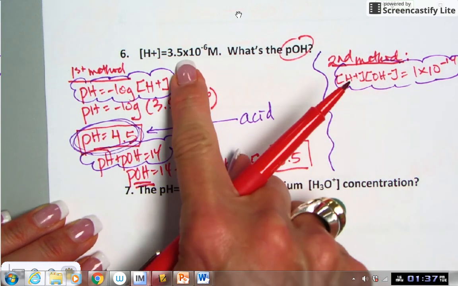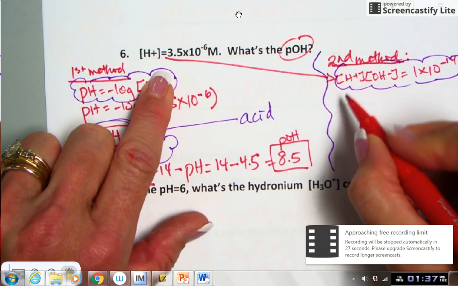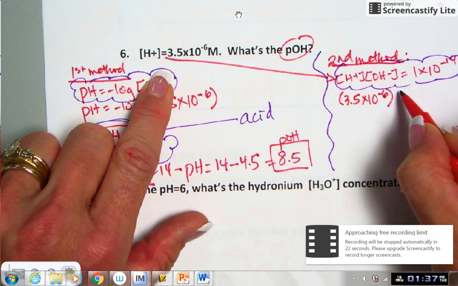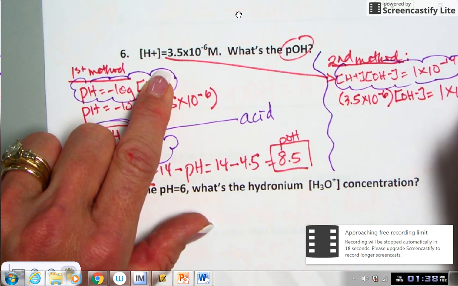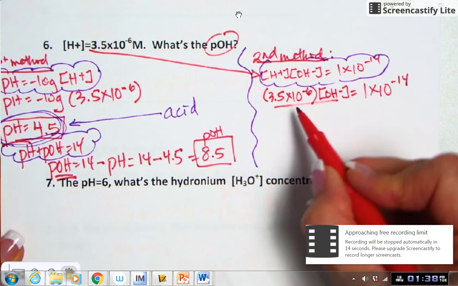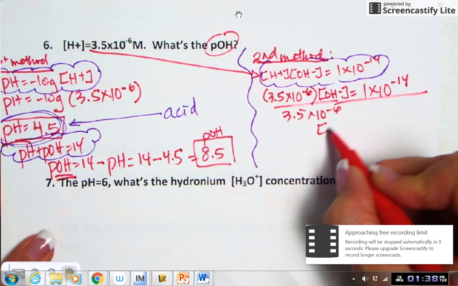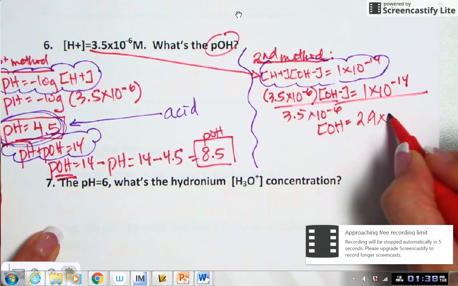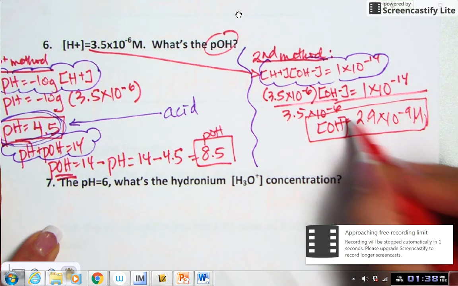Since we know the hydrogen concentration, you're going to plug in 3.5 times 10 to the negative 6 times the hydroxide ion concentration equals 1 times 10 to the negative 14. Now to isolate our variable, we have to divide both sides by 3.5 times 10 to the negative 6. That's going to give you hydroxide is equal to 2.9 times 10 to the negative 9 molar. And since we're solving for a bracketed ion, it's going to have a concentration